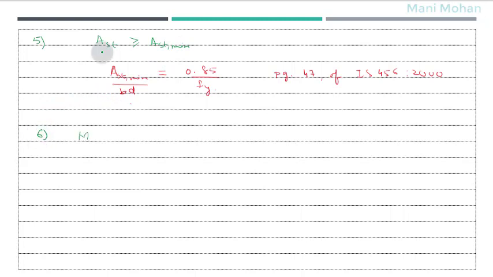Sixth point. After I get the tension reinforcement area, I will ascertain the diameter and number of bars to be provided in the beam. Now, whenever I go with the number of bars, we have to make sure that the spacing between these longitudinal bars meets the code requirement. So we have minimum and maximum spacing between longitudinal bars. Okay, now let me show you.